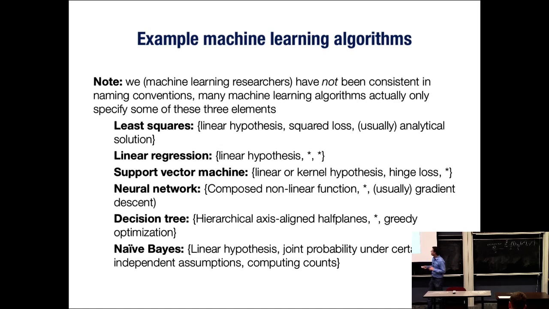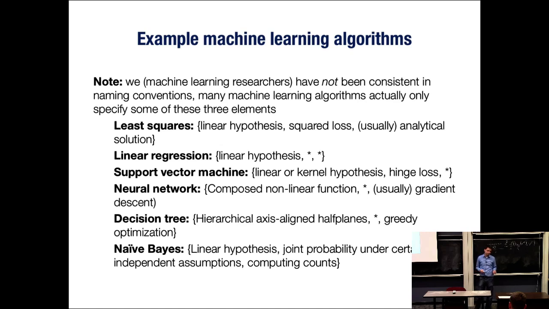Now it gets sort of really fun here. So a support vector machine, right? Sounds like a very complex thing. Right? And support vector machines, what those mean is a linear, or actually what's called a kernel hypothesis class. We'll get to kernels a little bit later when we talk about SVMs, but they're actually themselves just linear. They're just a different definition for what the features are. They're still linear. So some fancy linear hypothesis class, and a very particular loss called a